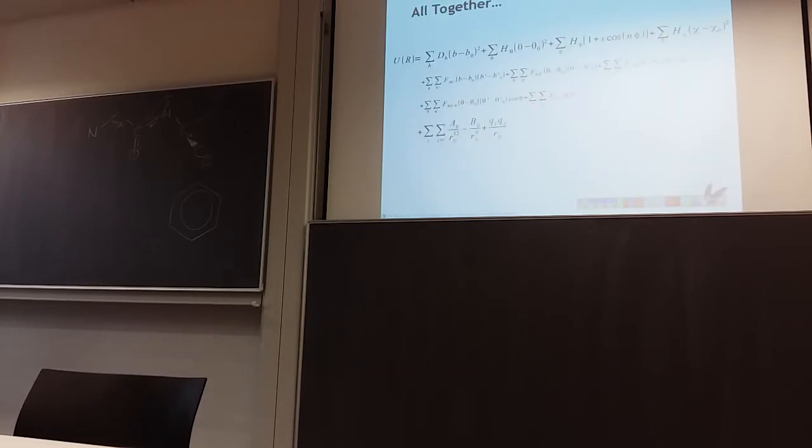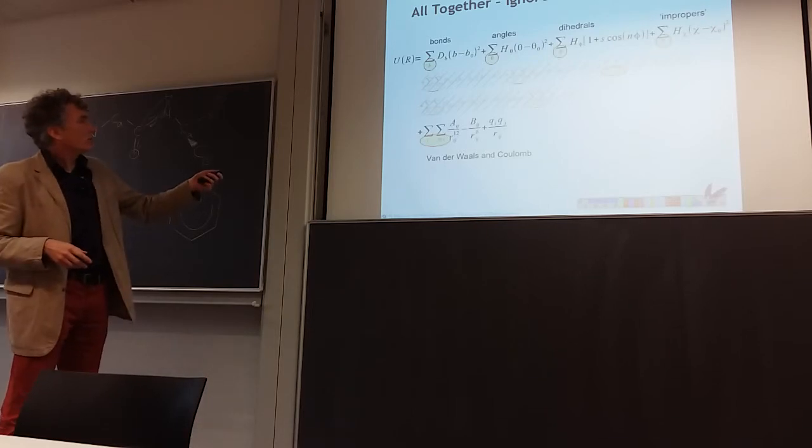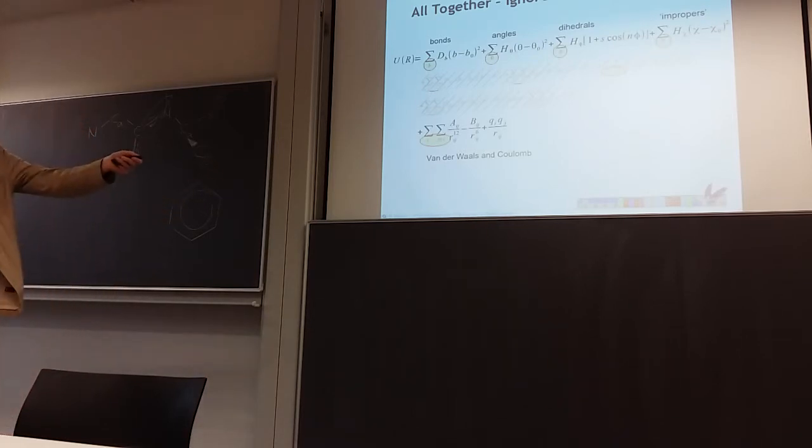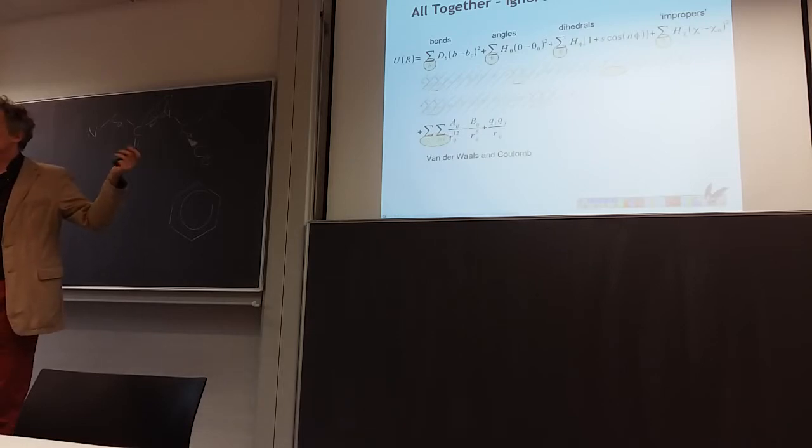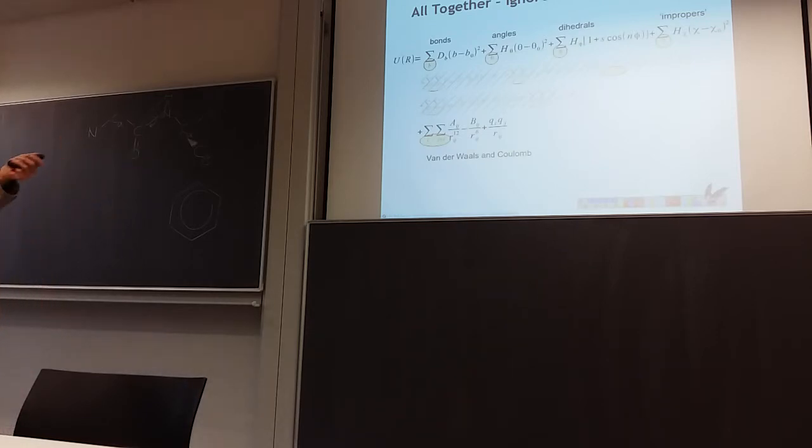Okay, that's already way more than what you need to know. We already have this. So now what we finally have is, we can ignore these ones, fortunately, because those are also double sums, which ends up with a lot of things. So we have bonds, angles, dihedrals, and impropers. They just are basically linear with the number of atoms that you have, and this one is the one that you should care for. I won't go into all the cool optimization techniques that have been invented to do that